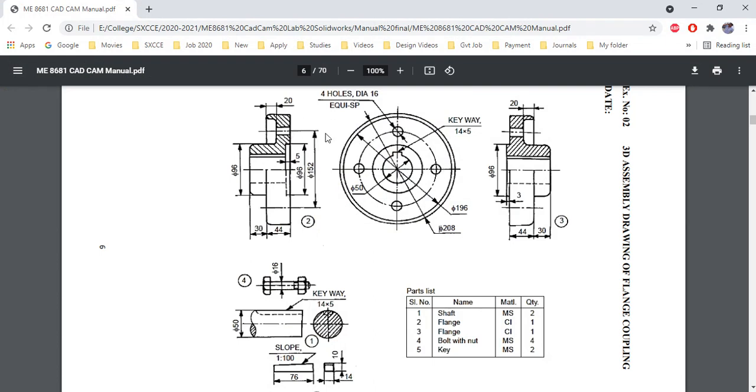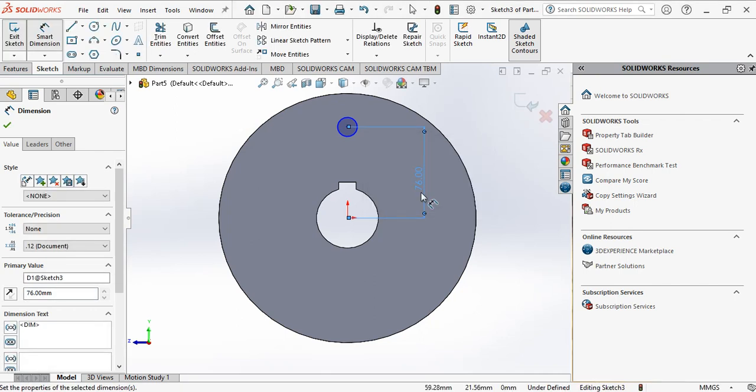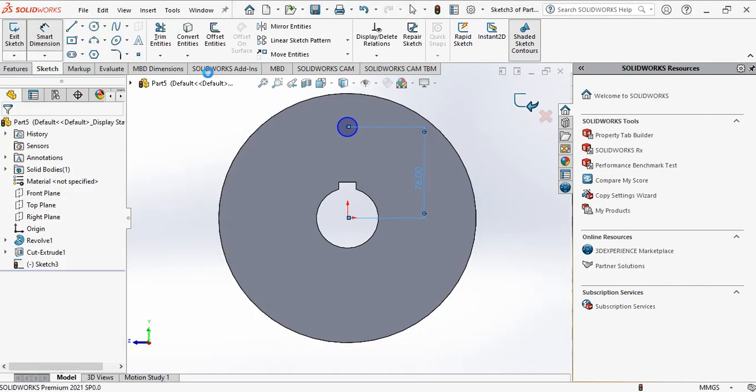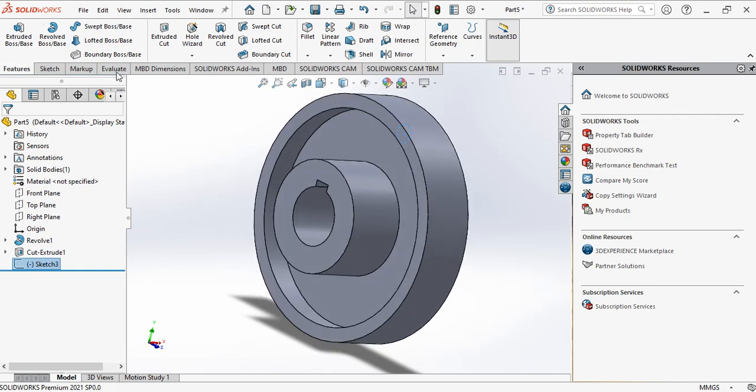The pitch circle diameter is 152, from this hole to this hole, which is equivalent to 152. So we use 152 divided by 2. Exit sketch, go to feature and use extruded cut.